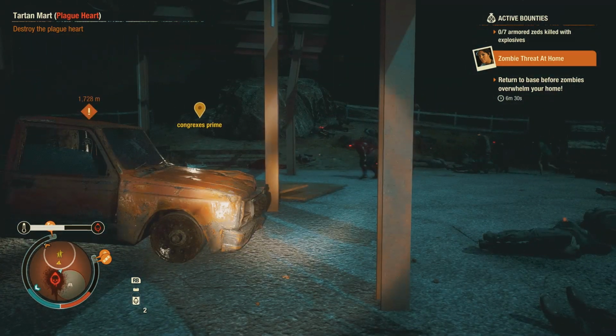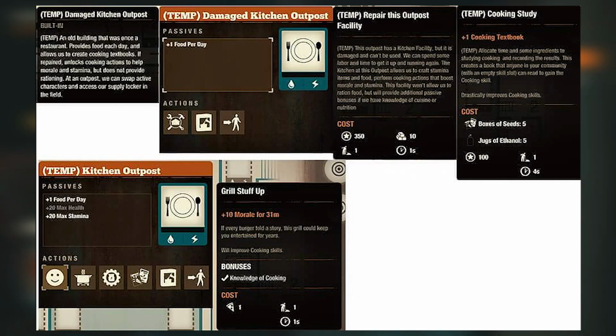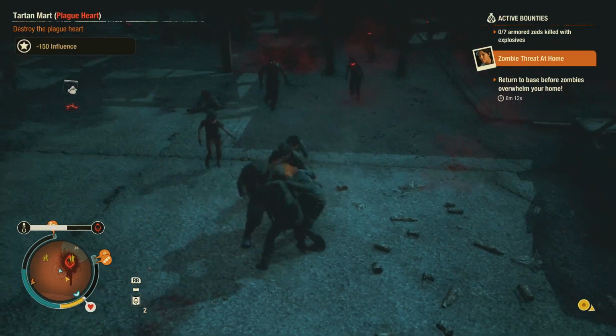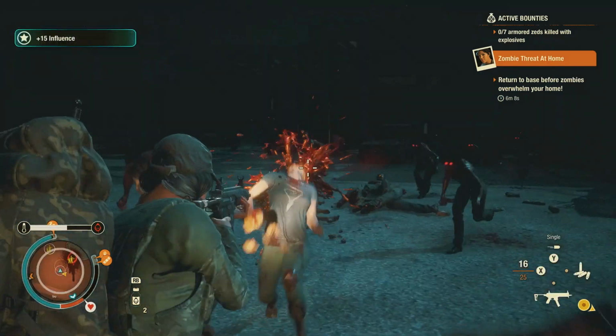So we finally get something like the library from SOD1 back. Then the kitchen, you get like the food outpost that you can use now also for food. I mean, like previous, you get the max stamina and max health boost. And all the other facilities automatically at every type of outpost, you can now start crafting the textbooks, the skill